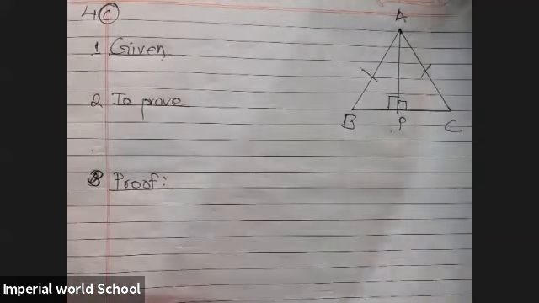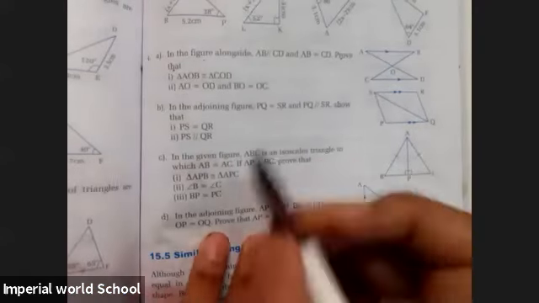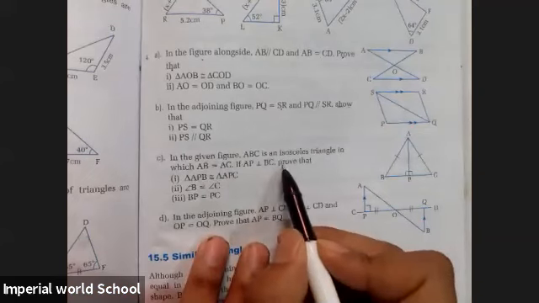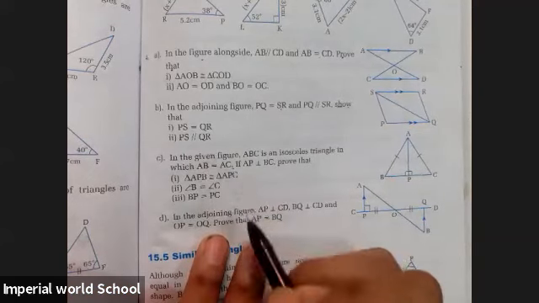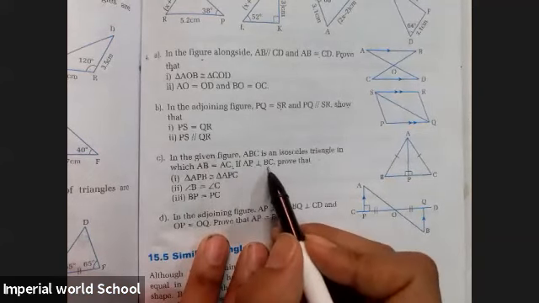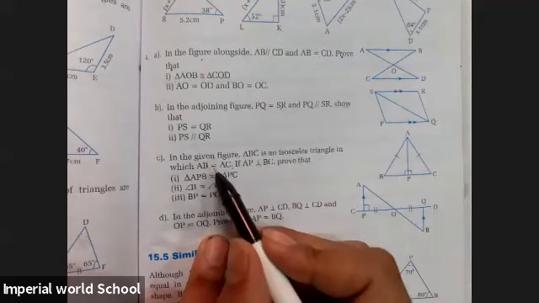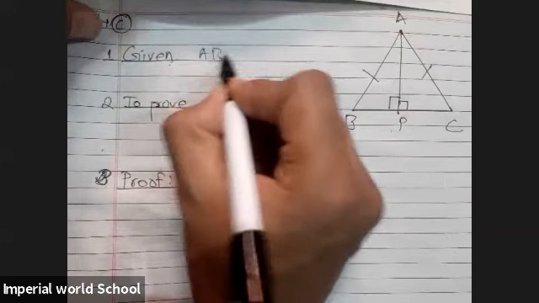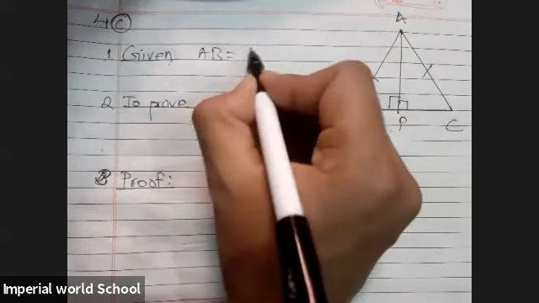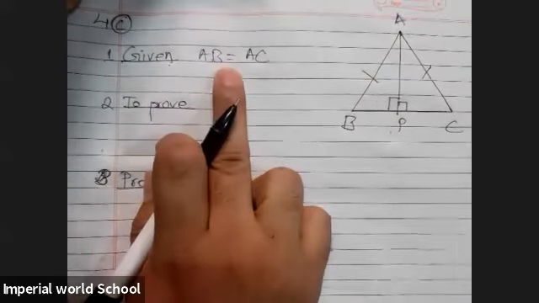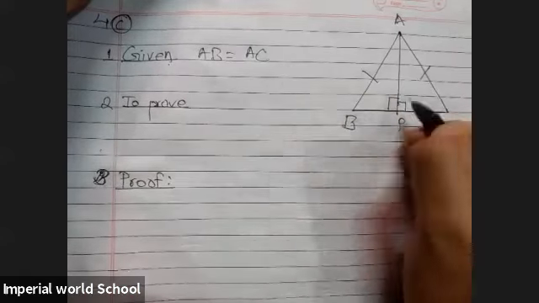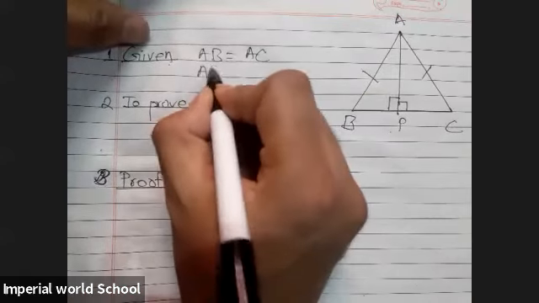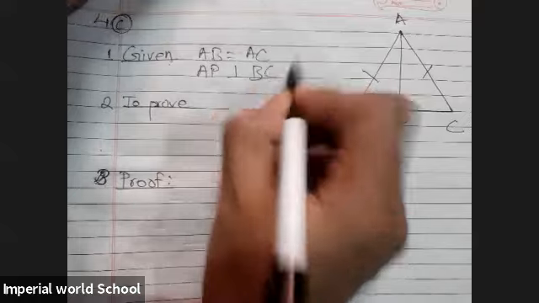Okay, in the given section we copy the same thing given by the question, till the word proof. So AB equals AC is given, and AP perpendicular to BC is also given. I'm going to do copy-paste only. So AB equals AC is one given, and another given is AP perpendicular to BC. This is given by the question.